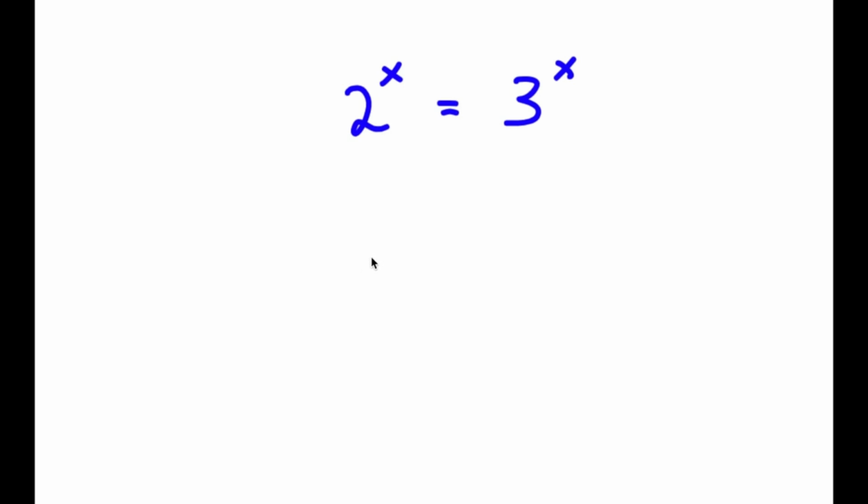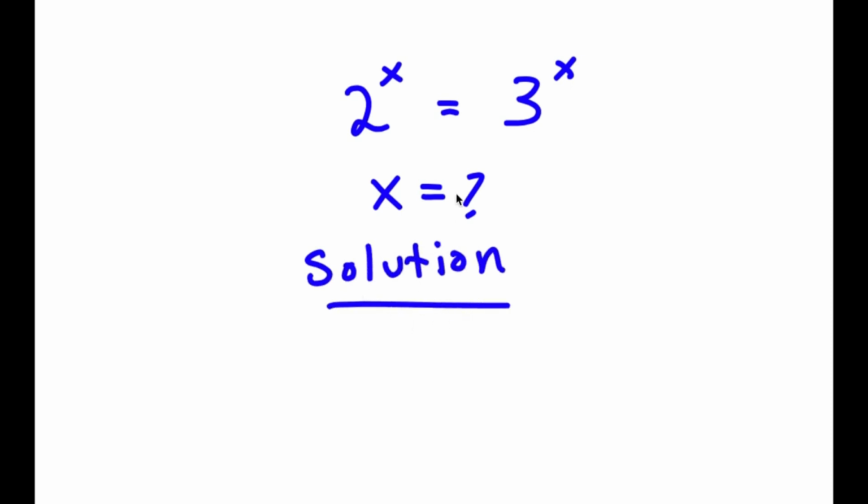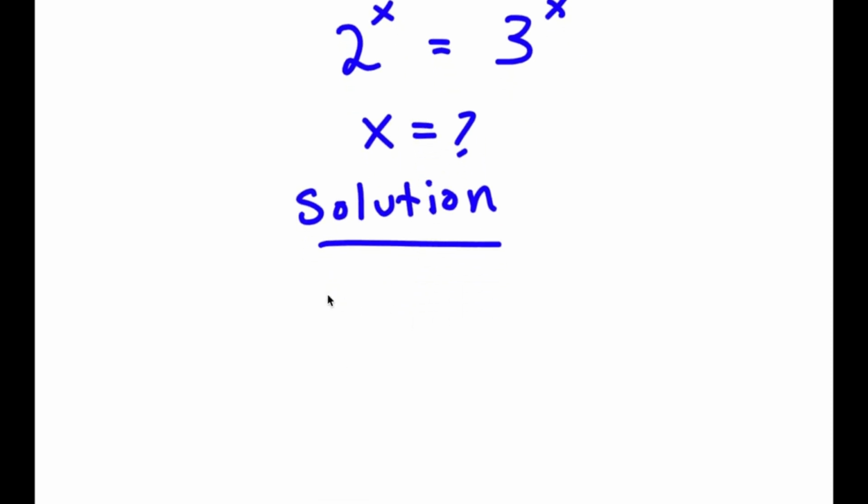Alright, so in this problem, I have 2 to the power of x is equal to 3 to the power of x. So I obviously want to find the value of x here. So for my solution, I'm going to first start by writing 2 to the power of x is equal to 3 to the power